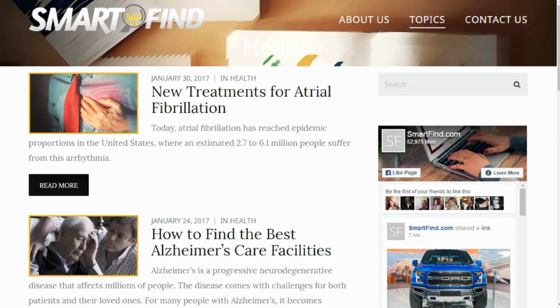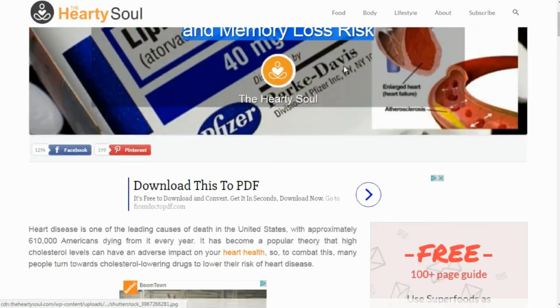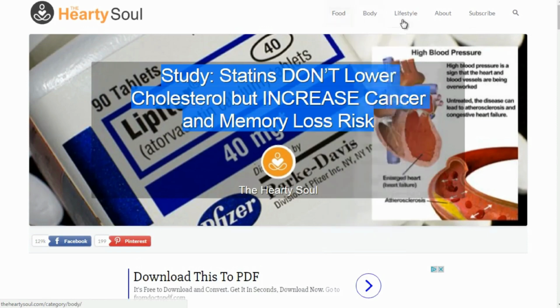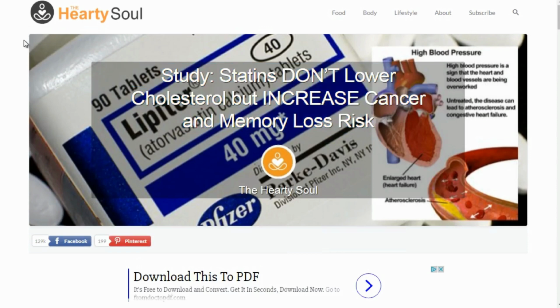If you focus only on, let's say, lowering cholesterol or how to pass a kidney stone without surgery, then that might actually allow you to convert more sales because the person that you are attracting is more likely to be in that mindset, right? So for example, if somebody comes to this blog, they might be interested in lowering their cholesterol, of course, because of lifestyle, but they might be coming here because they're interested in relationships. So it's not really targeted. So that, I think, is something that could be improved and something that you could even do yourself. So that's what I would do.